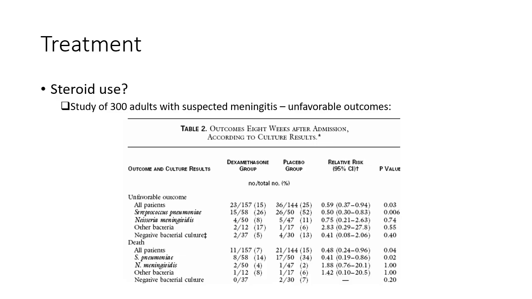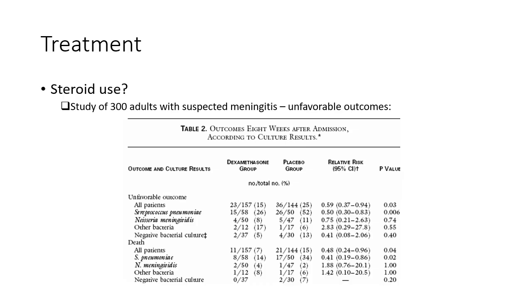These were the outcomes of this study, recorded 8 weeks after admission, where culture results should be back. And so they were able to do subgroup analysis based off of the causative organism. They looked at two outcomes, an unfavorable outcome and death, and then they compared the dexamethasone group to the